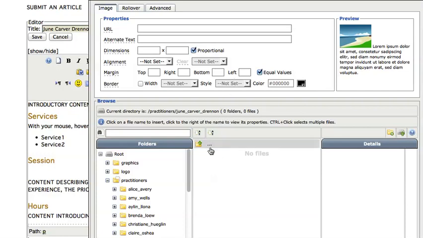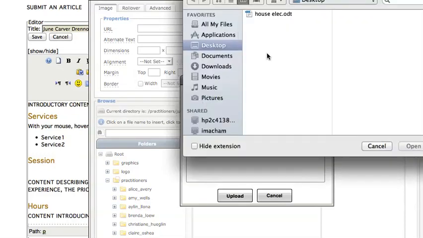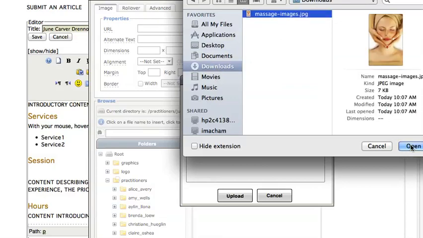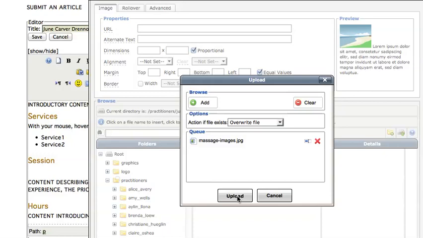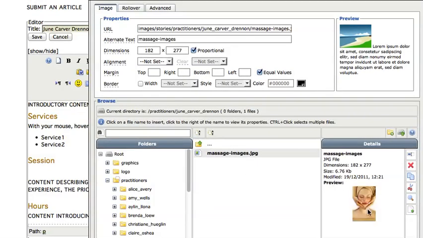Let's say I want to upload an image, and I'm going to add it. And I actually downloaded one off the internet, and it was already resized as well. So now I'm going to upload that. And now I'm done. I can close this. And if you click on this, you should get a little rendering of the image. It also tells you the size. Keep in mind that 72 equals an inch, so that just gives you an idea of how big your image could be. I'm just going to insert this one for now,